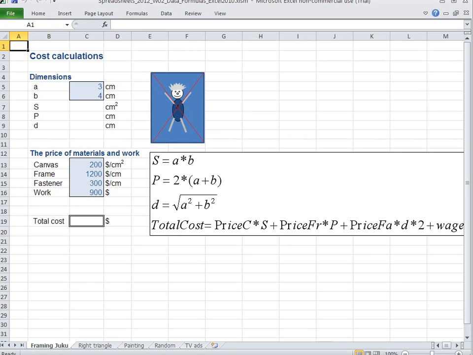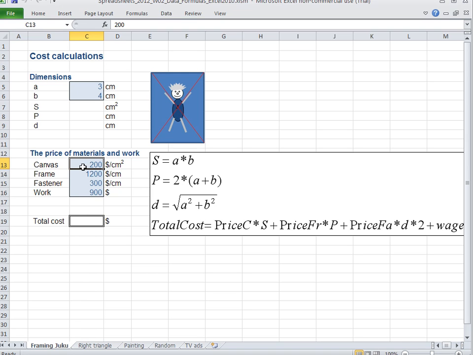In the first exercise of the second week, we're going to calculate the cost of one painting. We know its sides to be 3 and 4 centimeters, and what we would like to calculate is its area, because when we know the area, we know how much 1 square centimeter of its canvas costs, and we will know how much the canvas will cost all in all, and we will know the material,